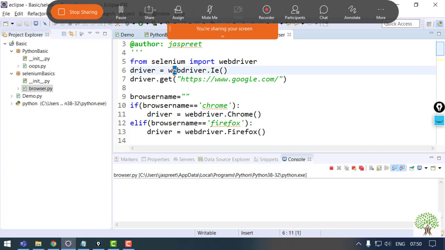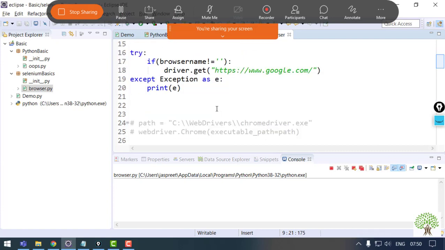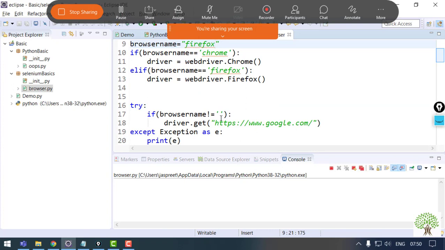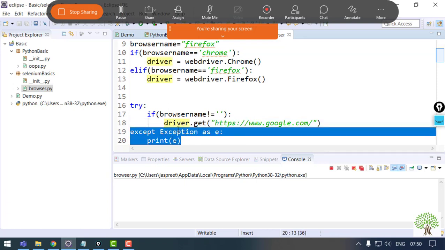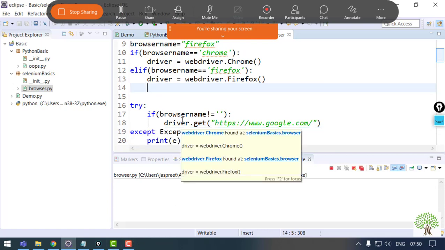Now if I want to run this particular script on any browser, let's say Firefox, I'll just run this. It will check that if the browser is not blank, then it will go to the command, otherwise it will come to this except block. Just wait, it takes some time, as I told earlier.